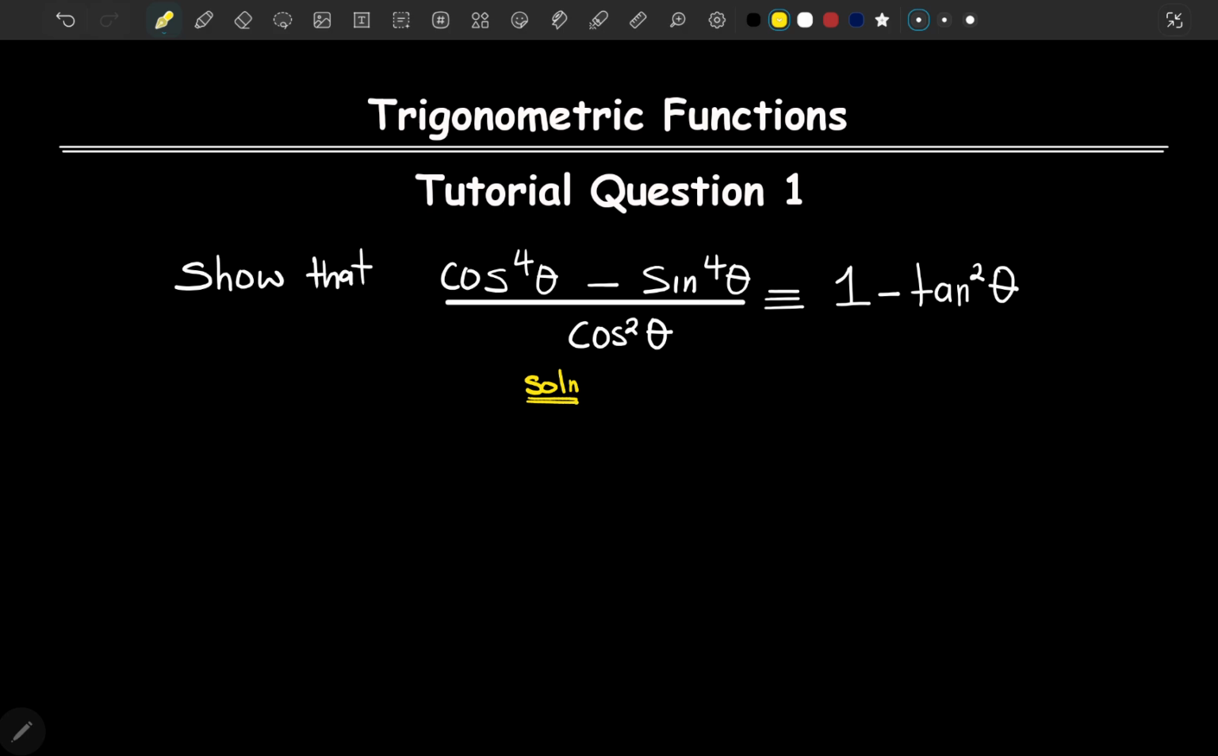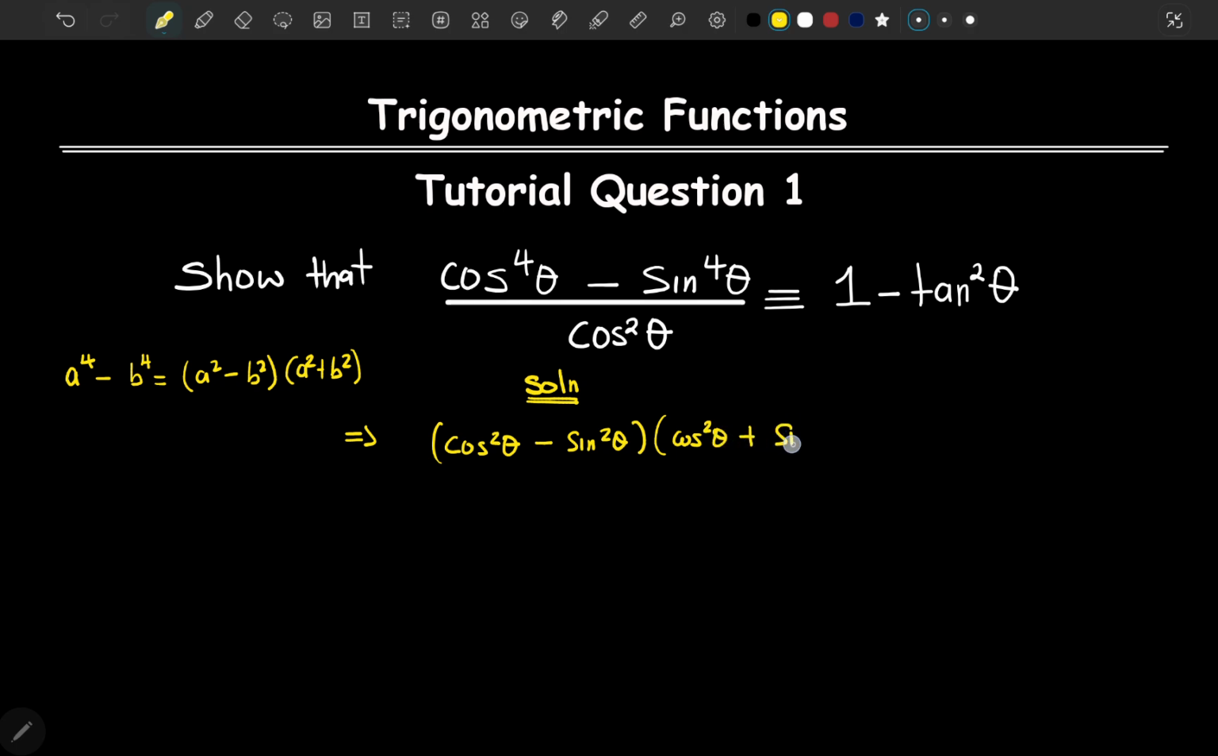So here's how we do it quickly, okay? Recall the difference of two squares. If I give you a to the power 4 minus b to the power 4, you can write this as a squared minus b squared, times a squared plus b squared. So let's write this in the same manner. We get cos squared theta minus sine squared theta, then you have cos squared theta plus sine squared theta